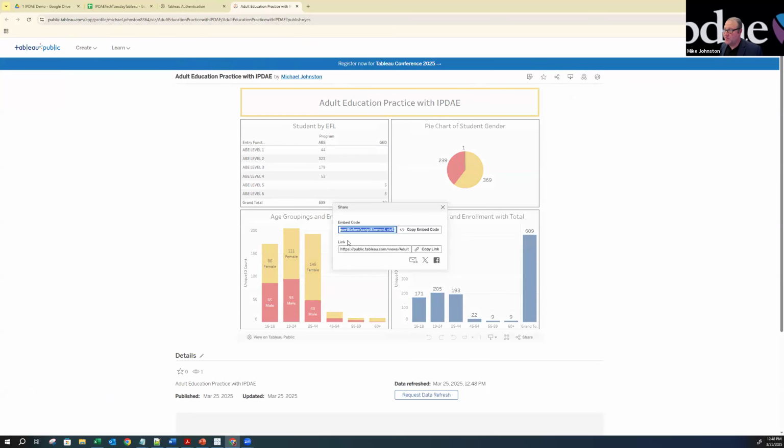I'm going to come over here and click copy my link. Notice this is an embeddable code. So if you want to put this into a website, you can embed this visualization into a website. You can post this on different social media. You can email individuals. I'm going to post the link in the chat here. So for colleagues that want to see what this looks like on their desktop or their phone, this is phone friendly as well.